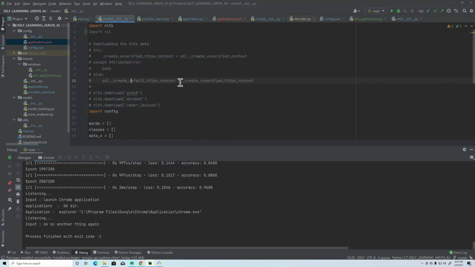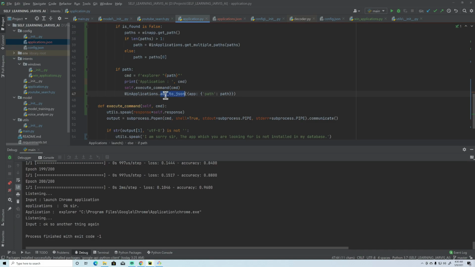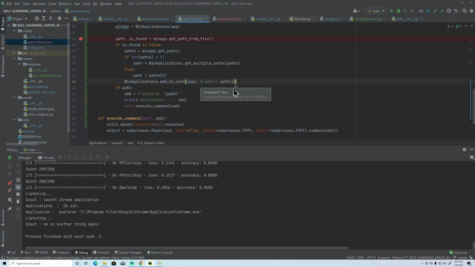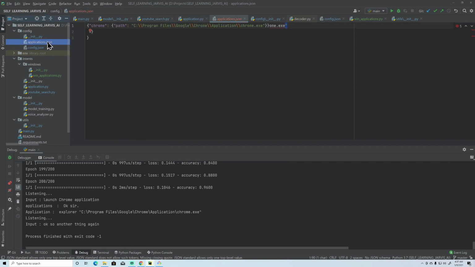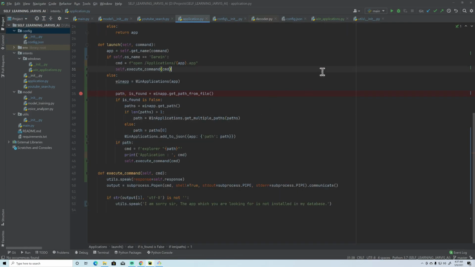So what we need to do, so okay, this application, this add JSON should be called only in this case if it's false. That's it, not in every case. Yeah, that's it. So just delete this, and now I'm going to just run this.